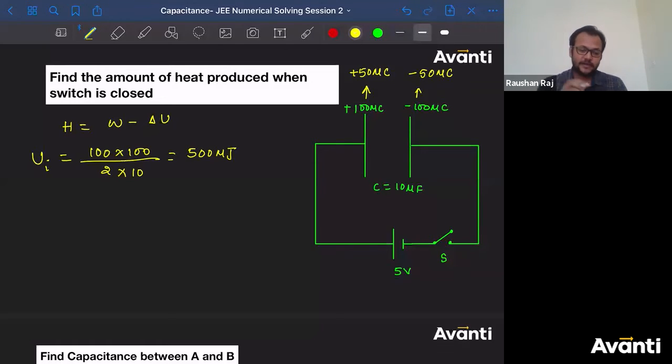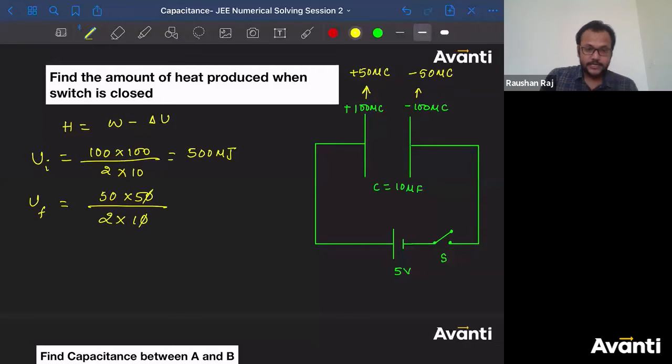Guys, please click yes if you have understood this point. Last class also we have done it, right? तो कितना मिलेगा? 50 microcoulomb charge on the plate of the capacitor. Okay. So now can I say I know the value of Q now? So what is the value of UF now? UF will be 50 square, that means 50 into 50, divided by 2 into capacitance, that is 10. Solve करते हैं. यहाँ से cancel. 25, 125 joule. All right, बच्चा लोग.